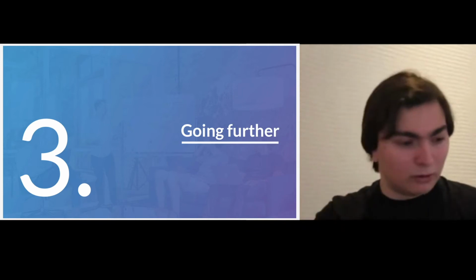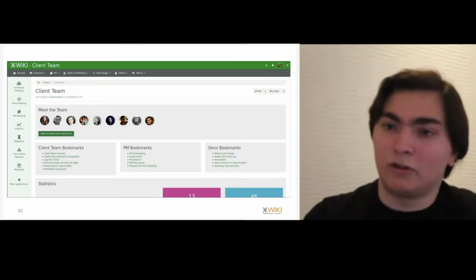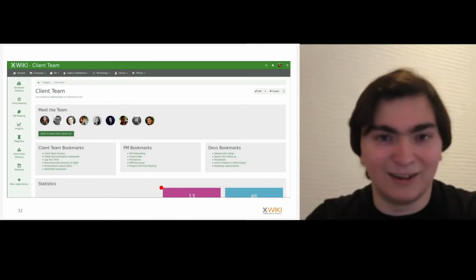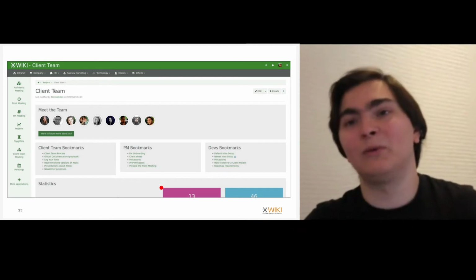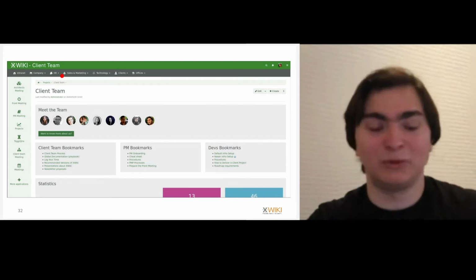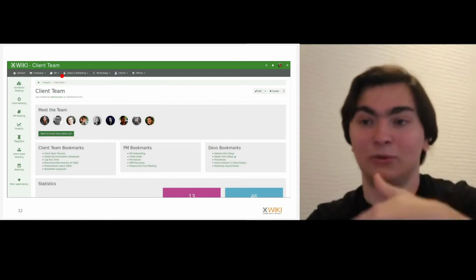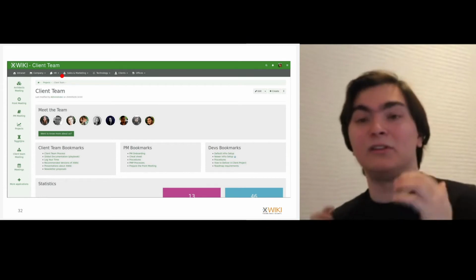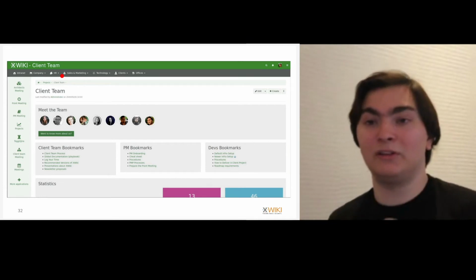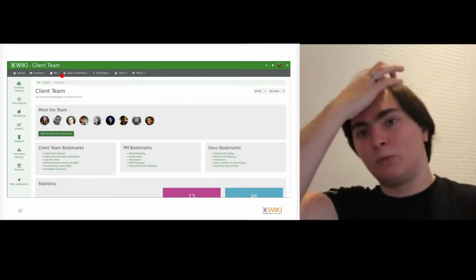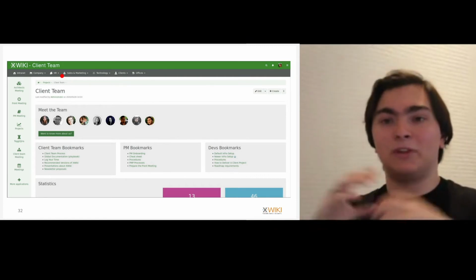So I'm going to just show you a couple of screenshots here. So this is kind of the one that you just saw. So it's actually very simple compared to the interface of XWiki that I showed you in my demo. Here, this wiki that we are seeing is actually part of our internal intranet at XWiki SAS. And what is very interesting is that we have set it up so that